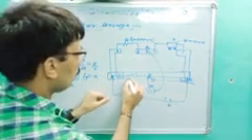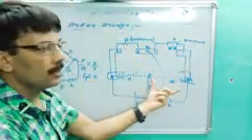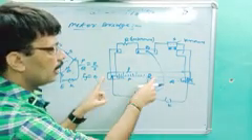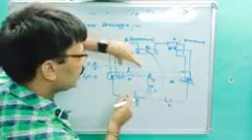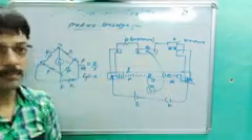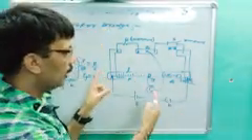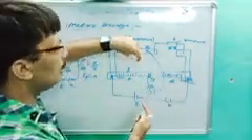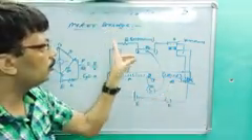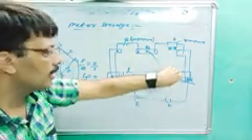Similarly, here this is called P, this is called Q, this is called R, this is called S. P and Q are in the form of length. Let's suppose the length between A and D is L. Total length is 100 centimeter because it is called meter bridge, meaning 1 meter wire. If the length between A and D is L, then the length between D and C will be 100 minus L. So P is in the form of length L, and Q is in the form of length 100 minus L.